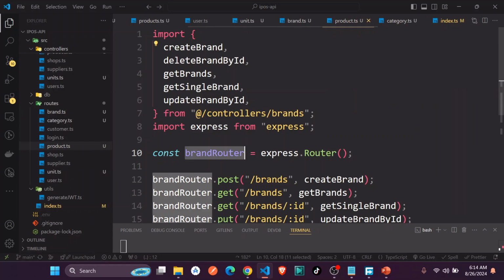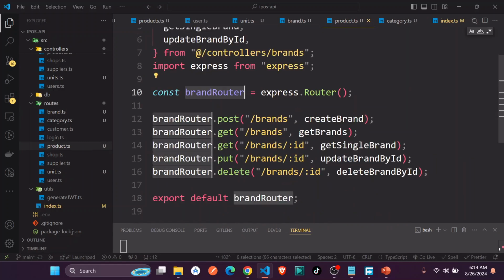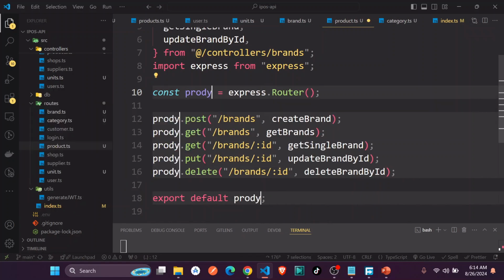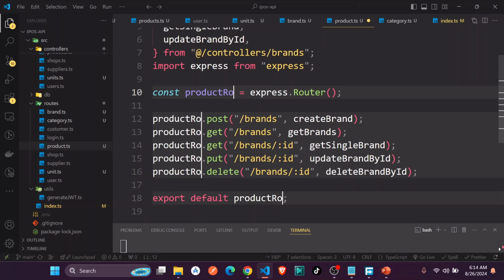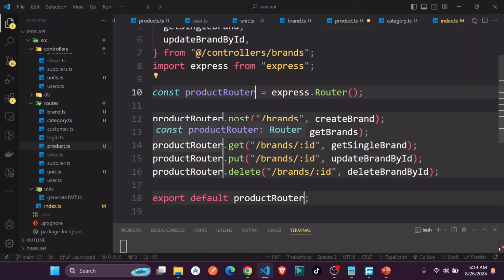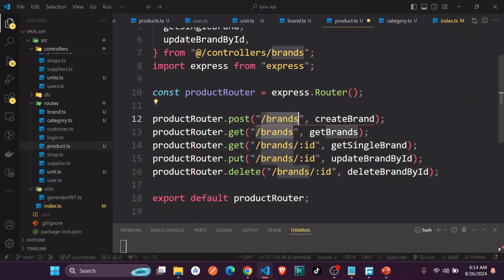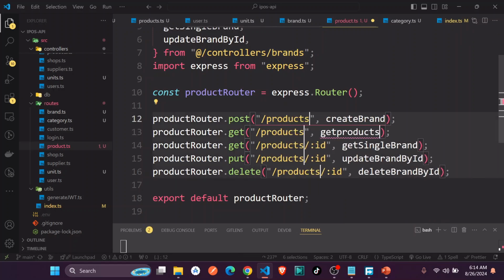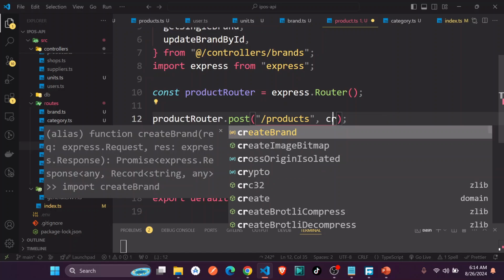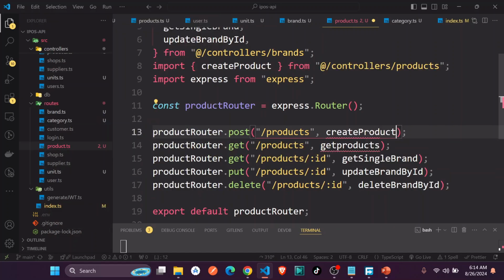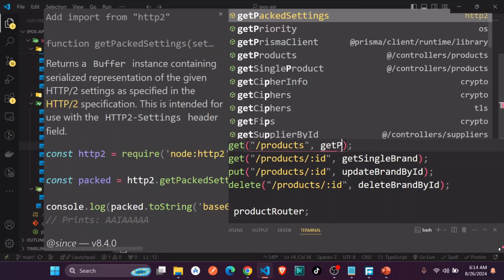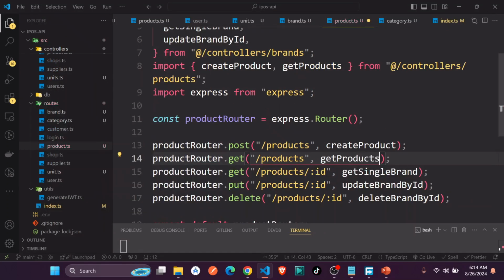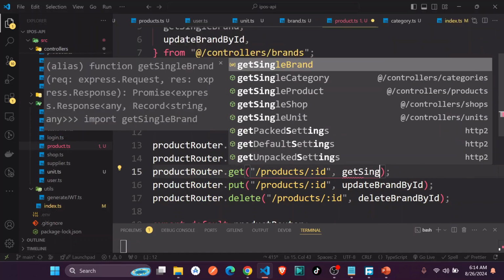And instead, you're just going to create product router. So you say product router. And we can start by going to here, just also change these to products. Okay, so we can just have post, create a product. So here is going to create product, and then here is get products. So you say get products, then get a single product, get single product,